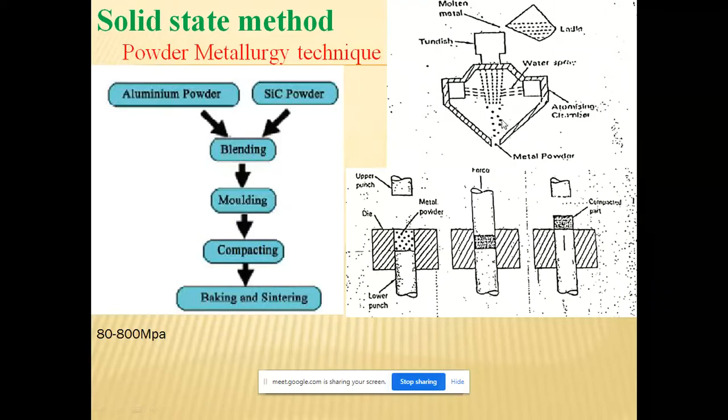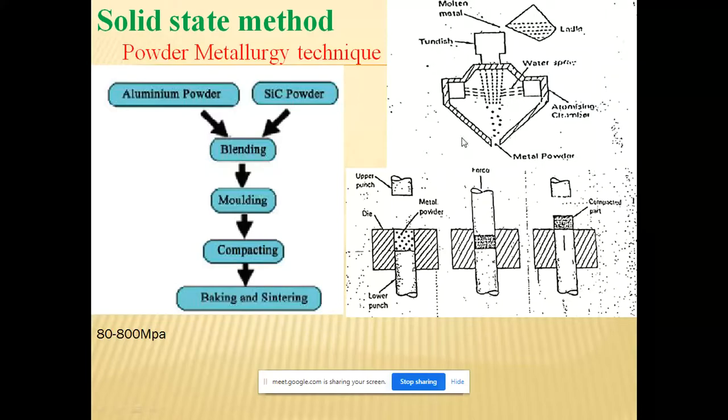See here, the size of the particles depends upon the velocity of the water we are spraying, the pressure of the water we are giving, and the amount of molten metal we are pouring. If you want fine particles, the discharge of molten metal should be less, and the pressure and velocity of the water should be high. If the particle size is very large, pour the molten metal at a high volume rate, and the water pressure and velocity should be less.